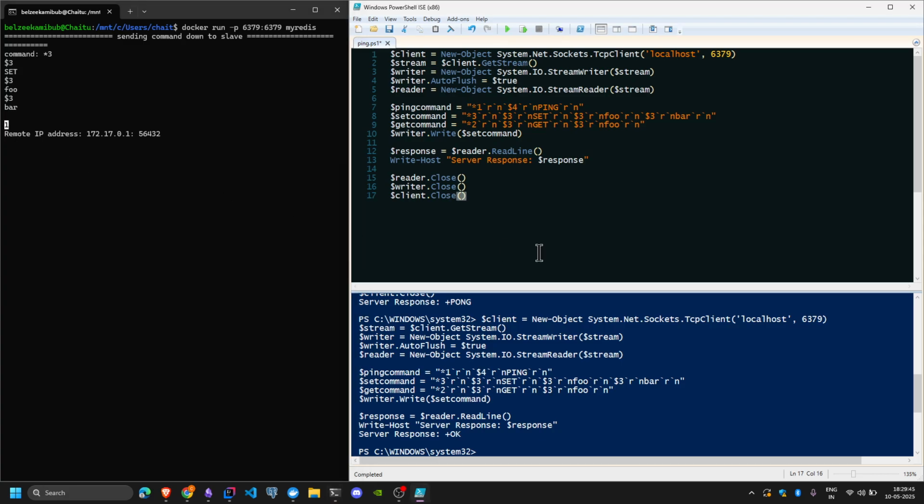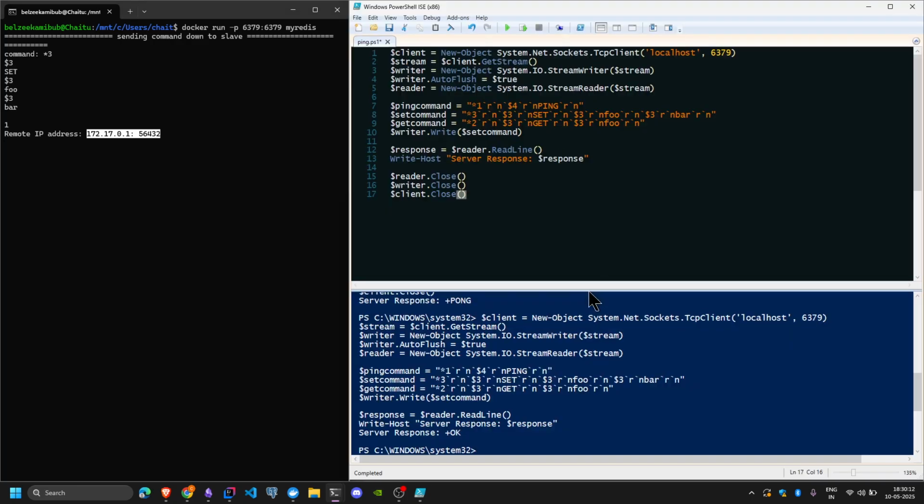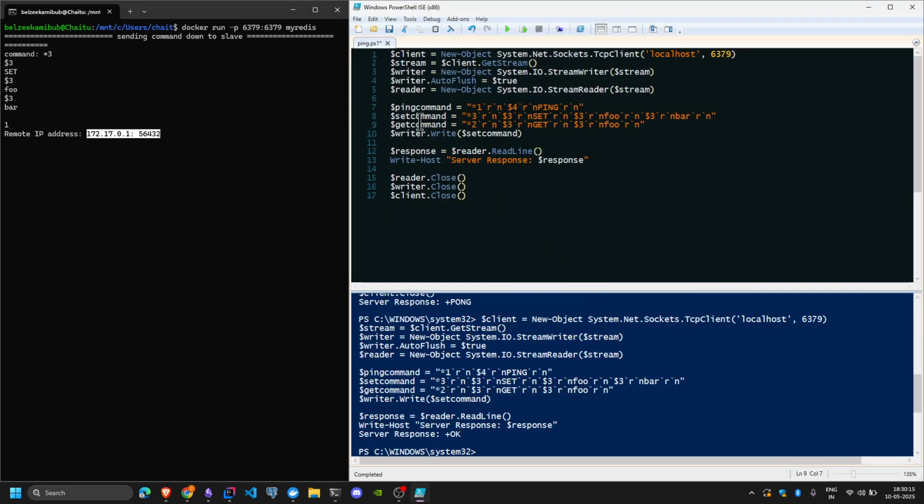All right. I might have goofed up a bit. Oh, sorry. It is sending down a command to the slave, and the command is this, and this is the ID of the slave, and the slave is communicating with it on this IP address on this port. And if you see right here, my slave received a command from the master. Let's go. So now if I try to get foo like so,